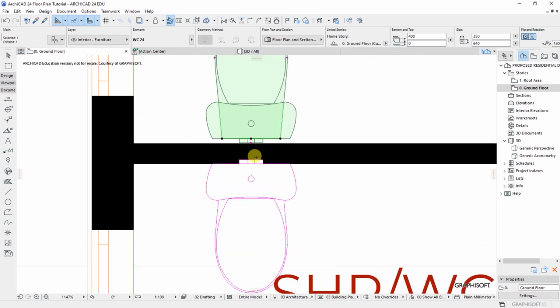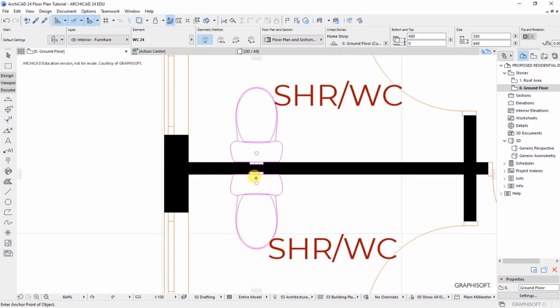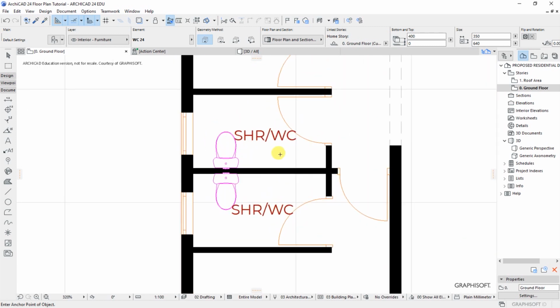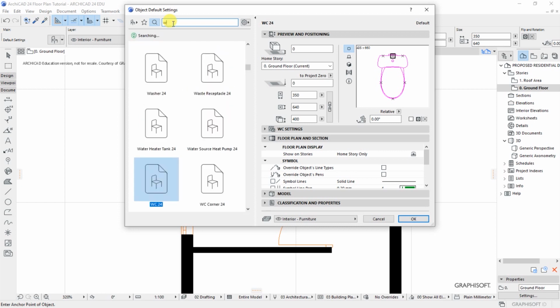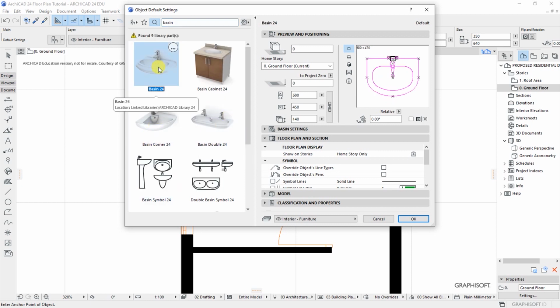So a copy of that, then move it to touch the wall that way, so that when we are having a waste pipe, it's going to be shared between these 2 sanitary appliances. The other one is a washhand basin for that area. So I'll search basin and choose basin 24,